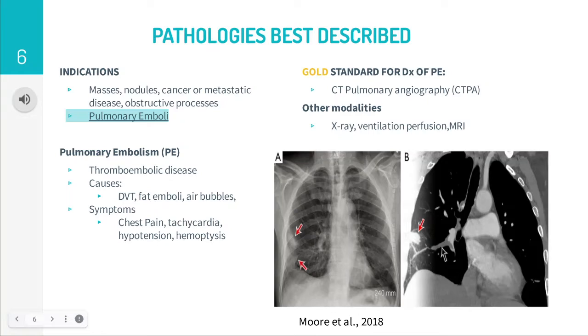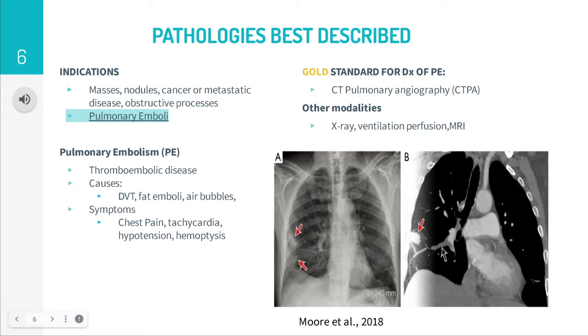Other modalities can be used for diagnosis of PEs, such as ventilation perfusion scans, which assess air and blood flow. So if you get defects in either of those flows, it could indicate that there might be some sort of obstruction. Also, an MRI could be used to provide accurate diagnosis, but the machines are so scarce, it's better off getting a CT. X-rays can also be used, but I'd like you to take a look at the two